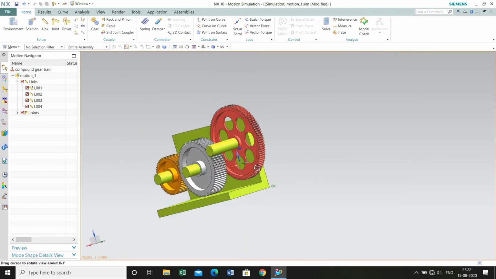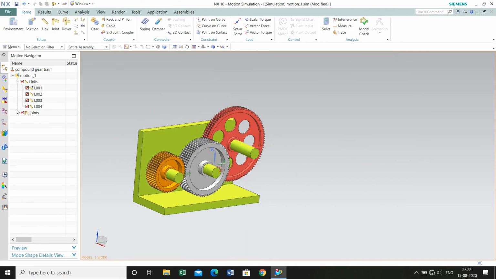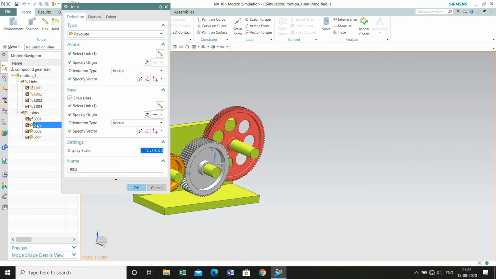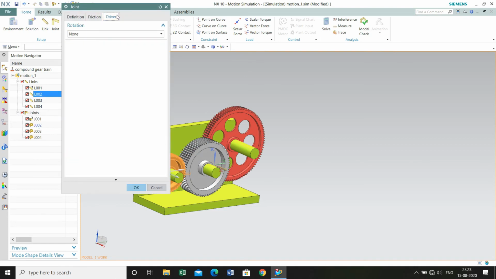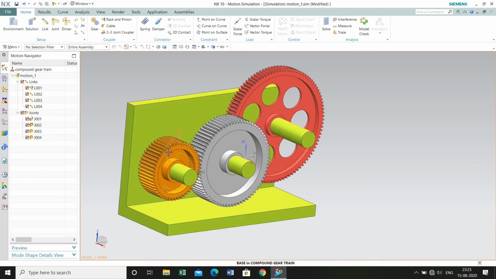Okay, so now we have defined all the joints. Next we need to define the gears or the couplers, but first we are defining the driver gear. I have given an initial velocity to the pinion gear of 60 revolutions per minute.